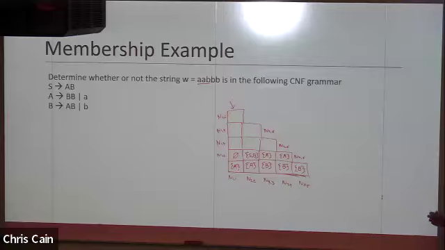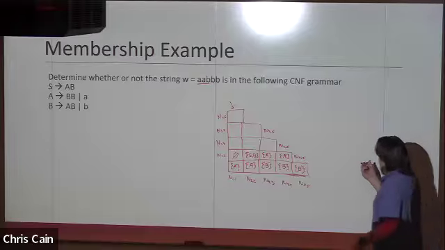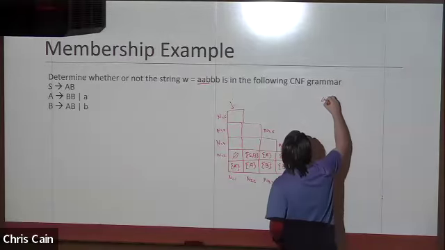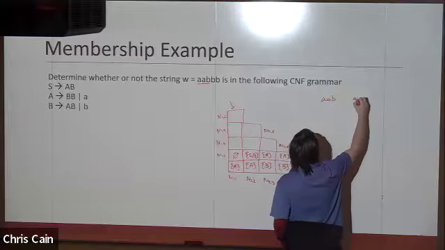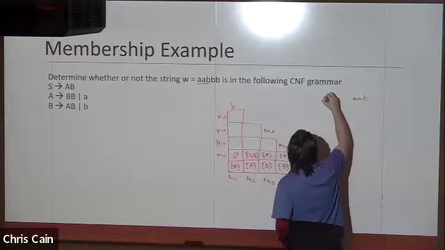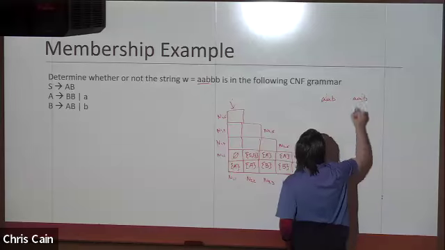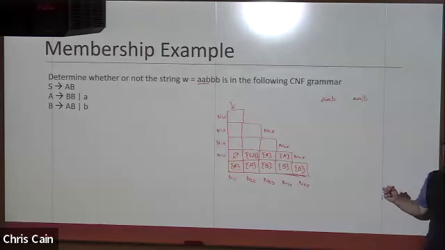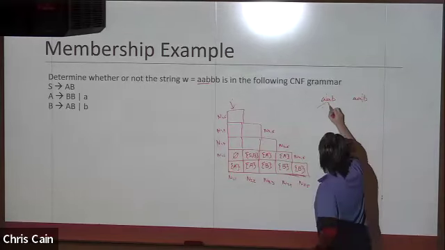There are multiple places that we could break this in the middle to where there's a left-hand side and a right-hand side. It does not actually have to be in the middle. It could be anywhere such that there is a non-empty left-hand side and a non-empty right-hand side. So I'm going to draw this out twice. And we can break this in the middle here and break this in the middle here, which creates both two